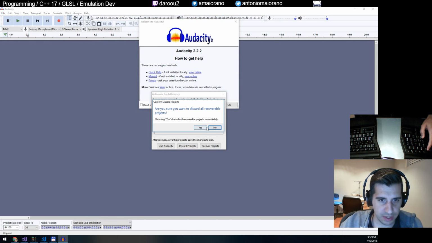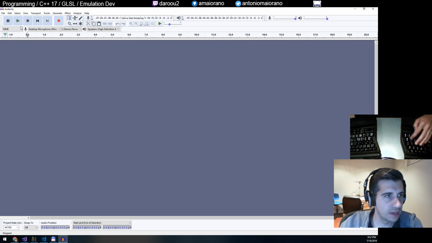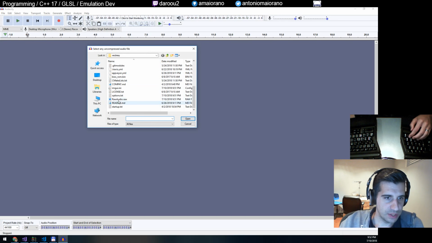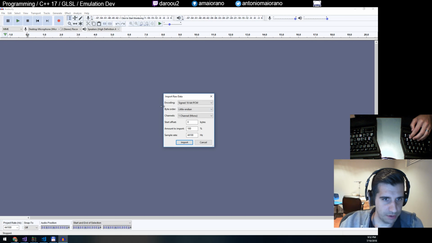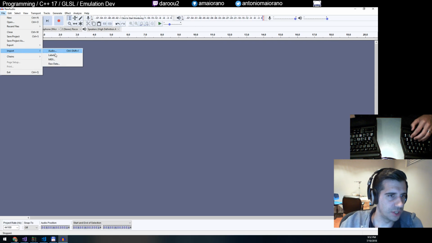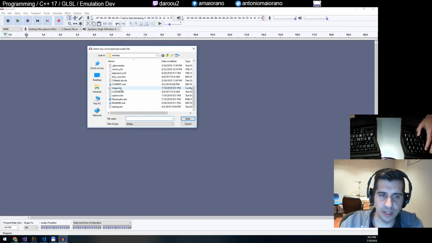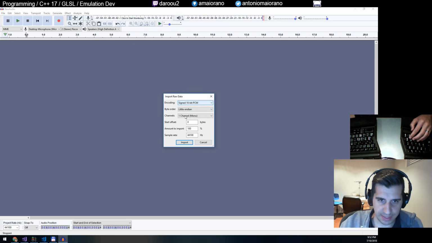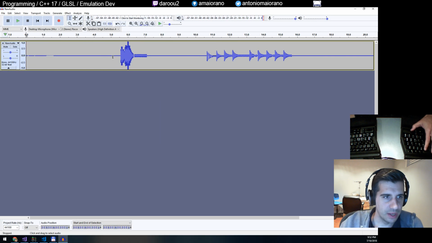Discard projects, yeah, that's fine. So let's do an import of raw data and grab this here. This is going to be in float. It's 32-bit float, little endian, yeah. Is it in 32-bit float? Maybe I'm wrong. No, it's not. It's actually 16-bit signed, yeah, that's right. Okay, so here,